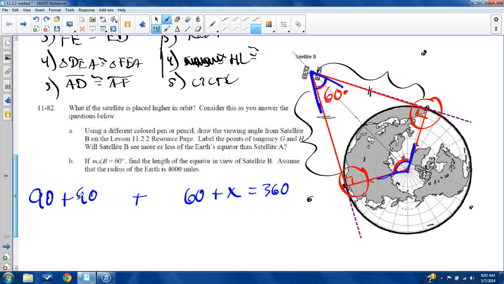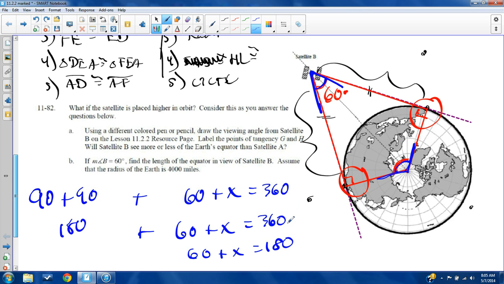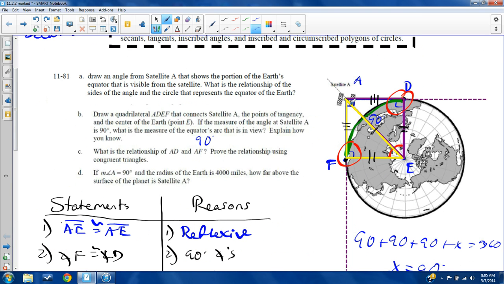If we ignore this 90 plus 90, we can take out 180. If I subtract 180 from both sides, I'll just have 60 plus x equals 180. So here, by the way, this is x. Ignore these two angles right here. We know that this angle plus this angle have to equal 180 because these two equal 180 together, and together they all have to add up to 360. So just these two together have to add up to 180. Doesn't matter if it's those two or these two, which were 90 plus 90, by the way,